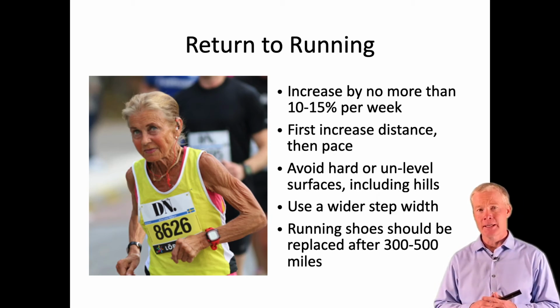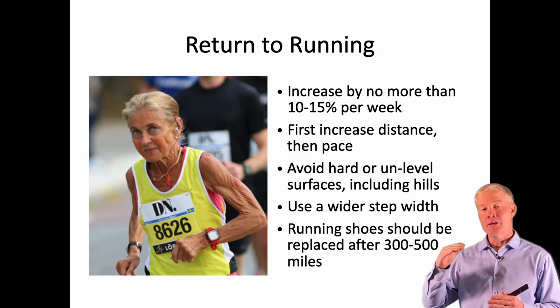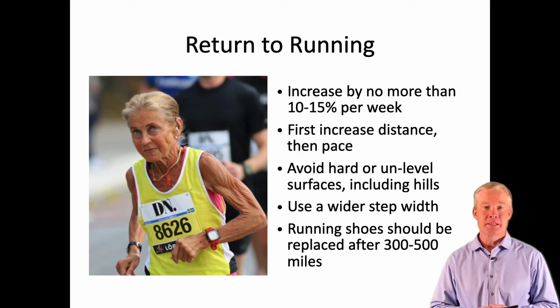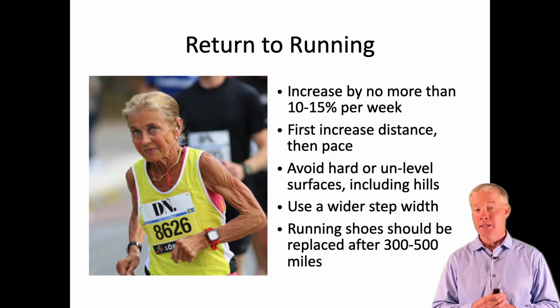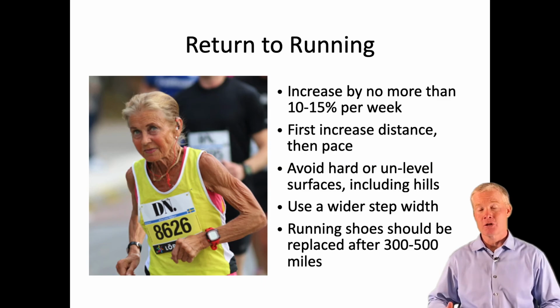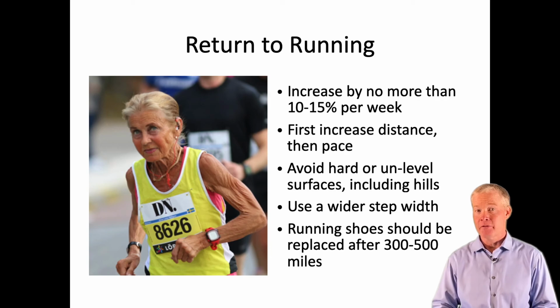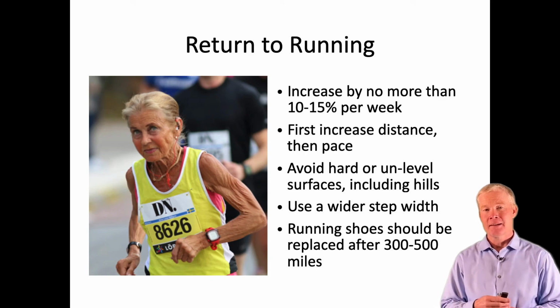Once that bone has started to heal, we'll gradually ramp up the activity by no more than 10% per week. Again, the 10% rule that I love to teach patients. If you escalate your activity by more than 10% per week, you're probably going to develop some sort of a process. You'll figure out which glass is about ready to overflow. We want to, in this case, increase distance before pace. Faster running is going to put more stress on those muscles, more pronounced exacerbation of any mechanical deficit. And we want to make sure that patient is giving themselves every mechanical advantage by running with a slightly wider gait. If they have that crossover gait, there's a problem.